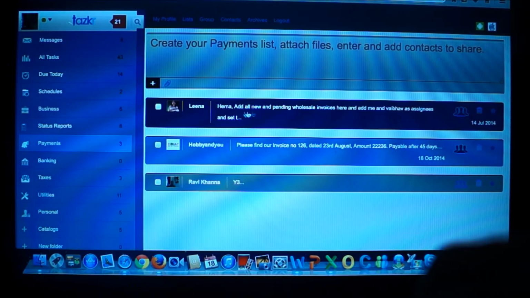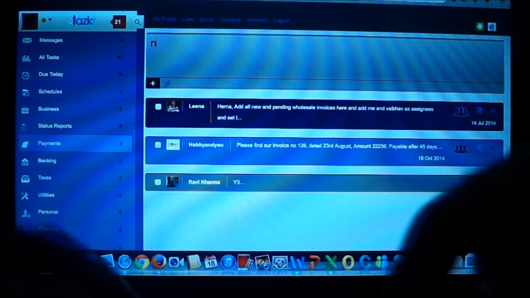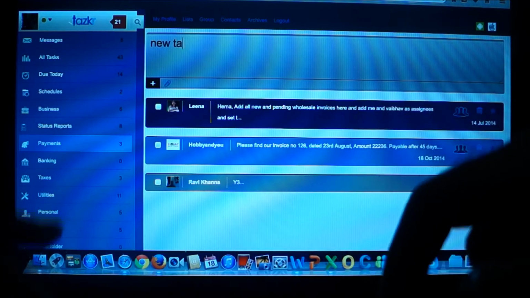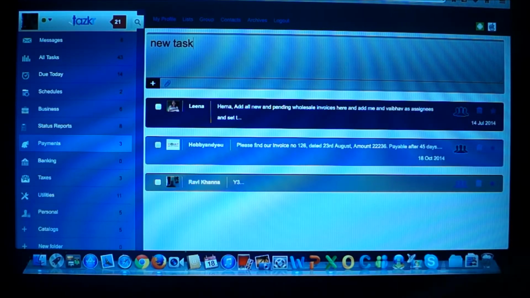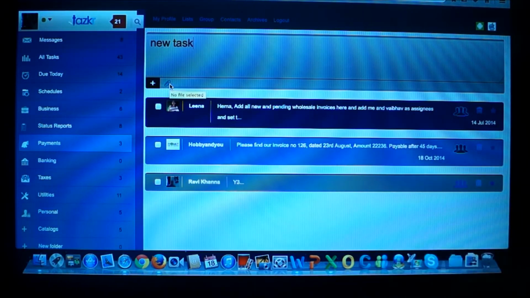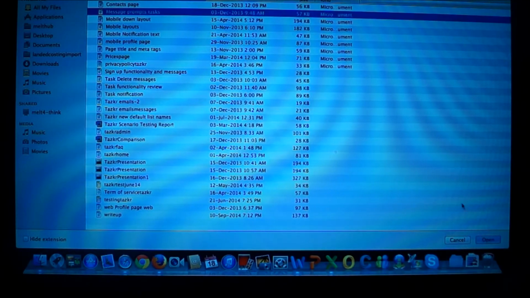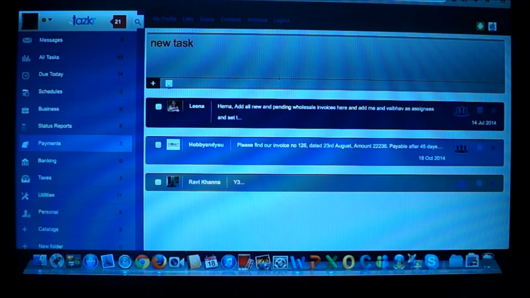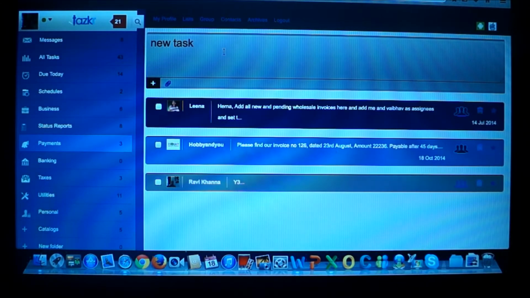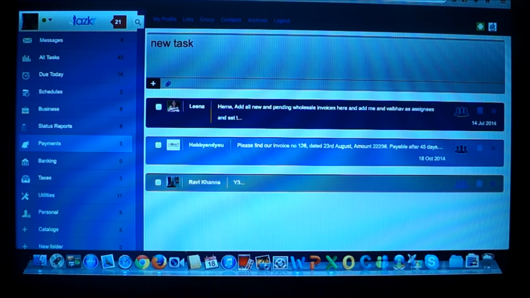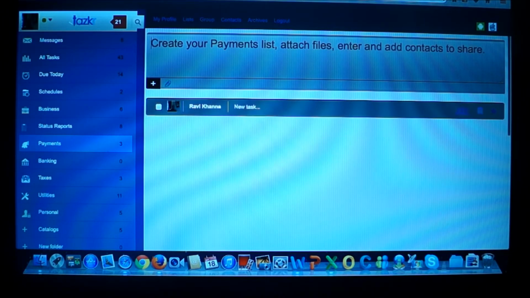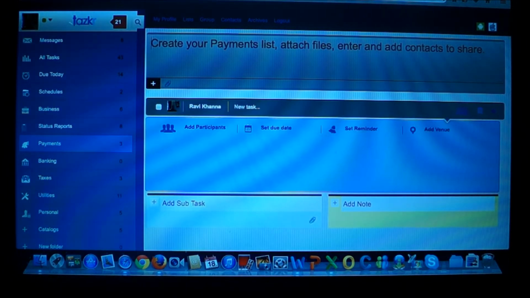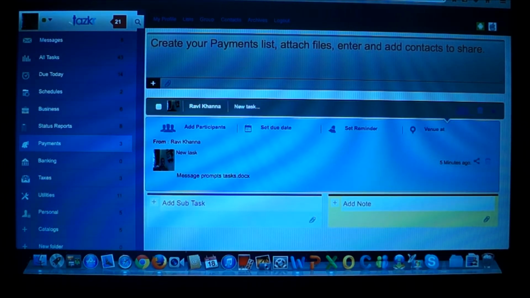Now it's very easy. Let's create a new task. Let me call it new task. We can attach any file, and let's just enter it. Now you will see this. Now what we can do is,